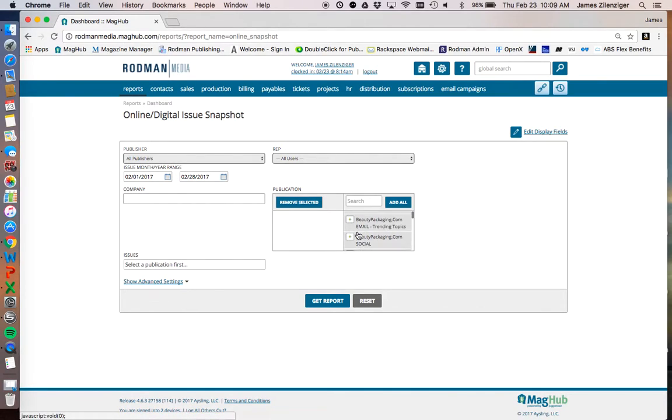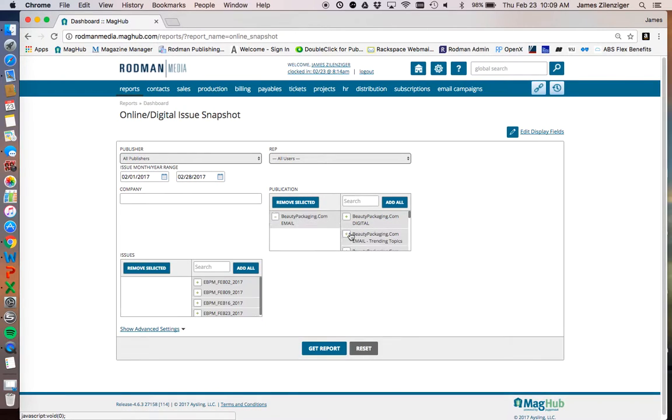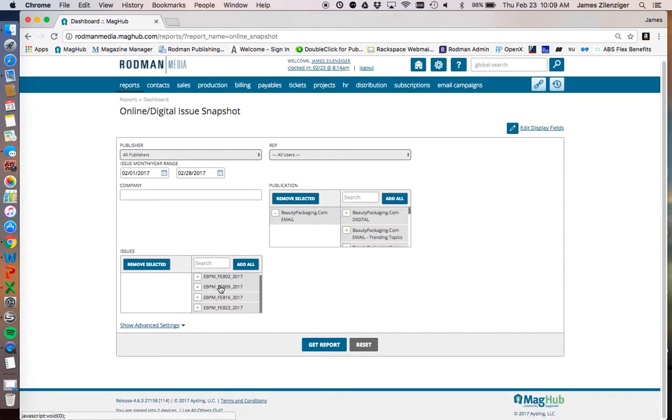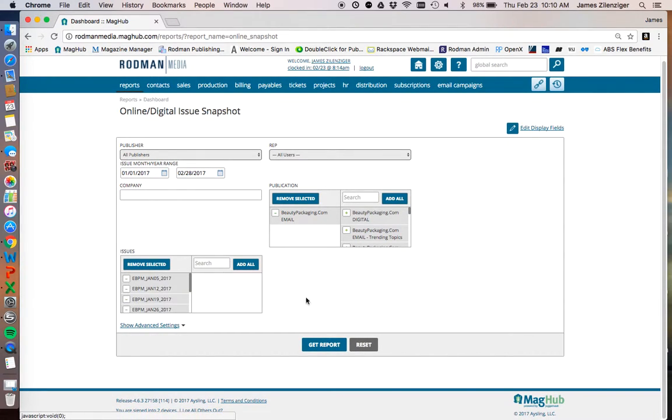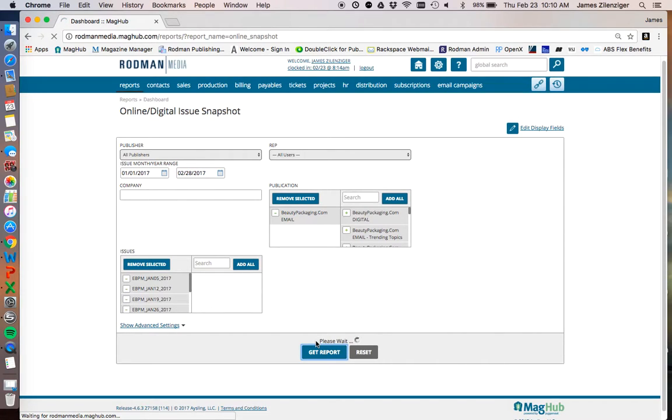But I'm going to use, for example, beauty packaging email again. And right now the issue month range it's giving me is just the month of February. And you'll see down here, it has all the different February issues. If you wanted to see what was going through the entire year so far, I can put in the 01/01/2017 up through the end of February. And now it brings in the January issues too. If I click Add All and then Get Report,